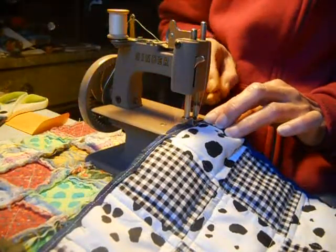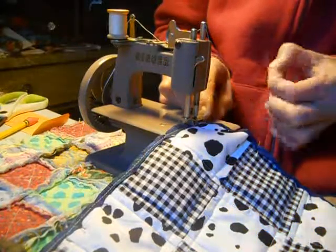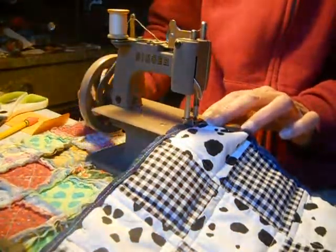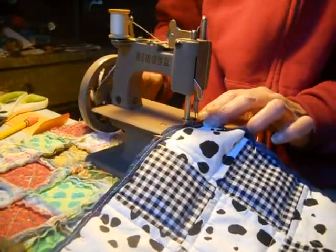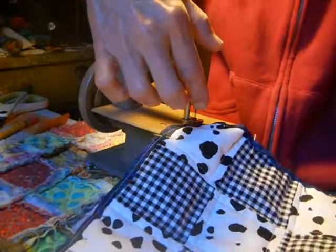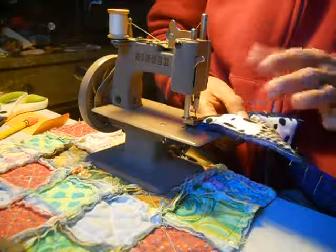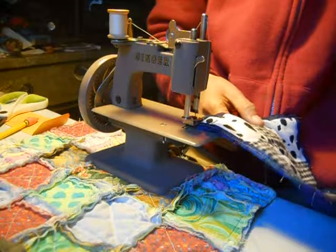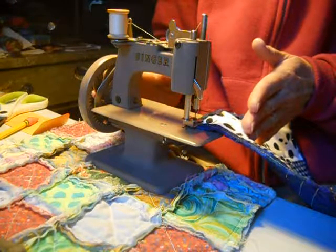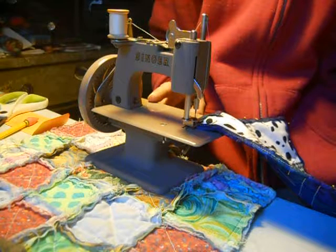These are the three things that I've done videos for on this machine: the piecing, the quilting, and now the binding. The reason I didn't buy one for such a long time was because I have so many sewing machines that can do any of those things so easily, I was thinking, why would I actually need one of these if I can just do it with one of my full-size machines? But the portability of this,